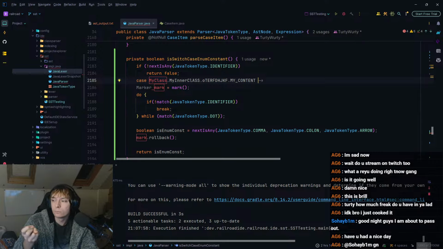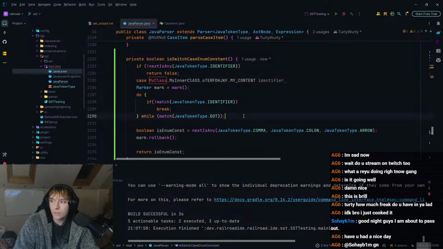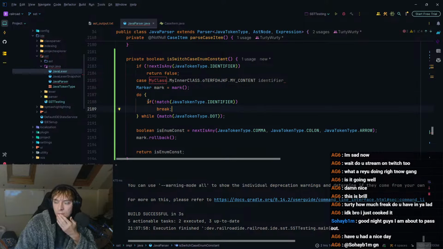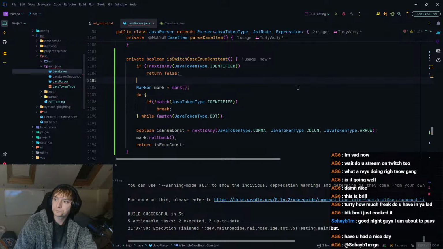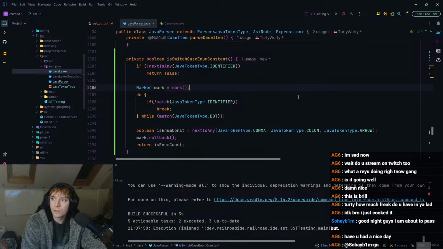Oh no, it will, because if it's another identifier, then that's going to break, because it will have dot, right? So it matches the dot, then it matches identifier, then it tries to match the dot, it won't match a dot, it'll match an identifier, so it breaks out of the loop. And it'll come to here, it'll say, what has it found? Yeah. Okay, that's fine. Phew.